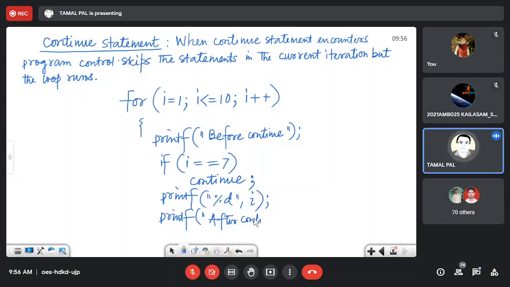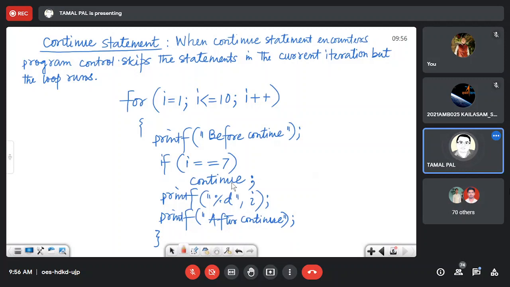Just for understanding what is happening, I have put two additional statements, before continue and after continue.